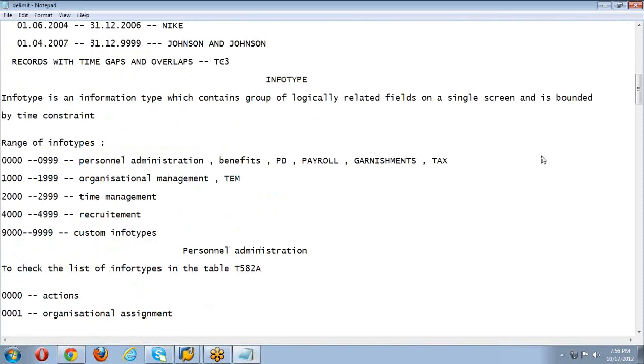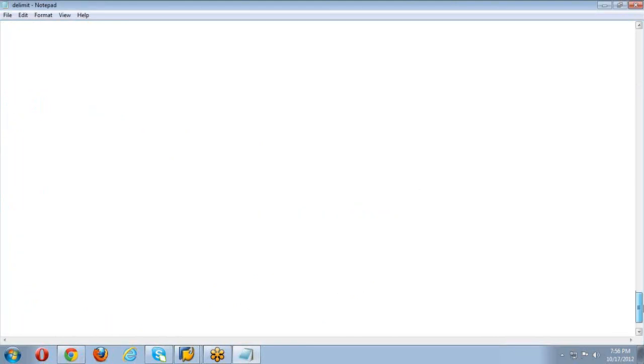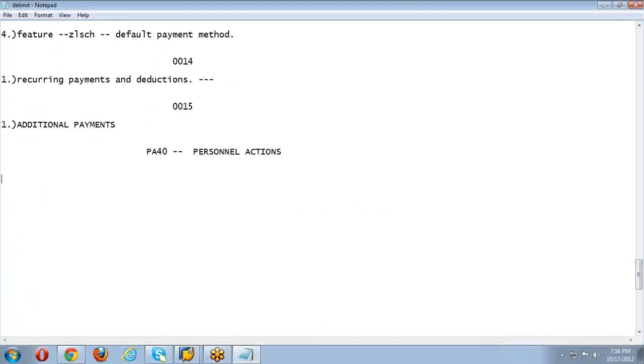So this is my system. Back to my system. So the point we were discussing was custom info types, right? So develop a custom info type. What is the range for custom info type? 9000 to 9999, right? With